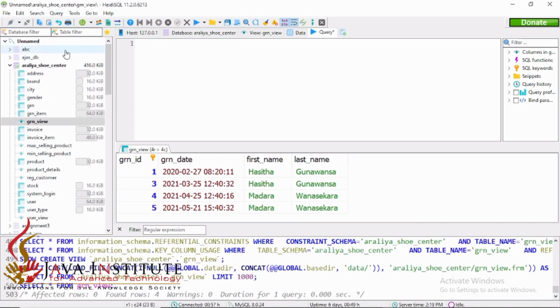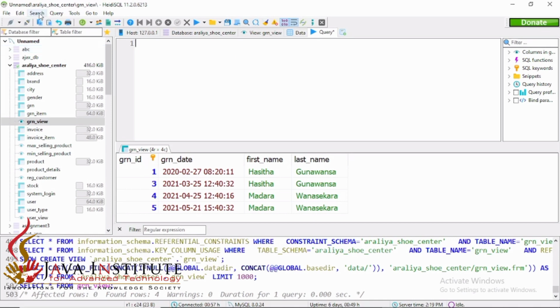So for that we have to inner join the user table, GRN item table, product table and the GRN table, all these things. So first of all let's inner join all these four tables.